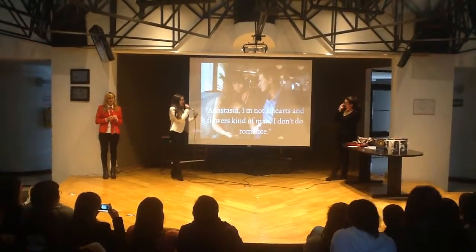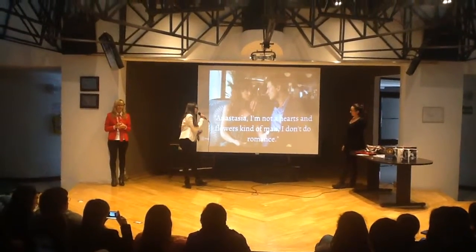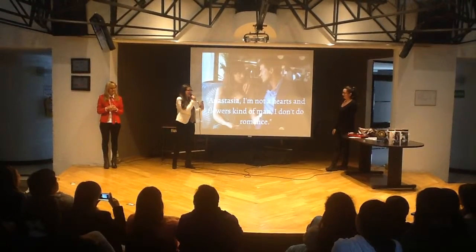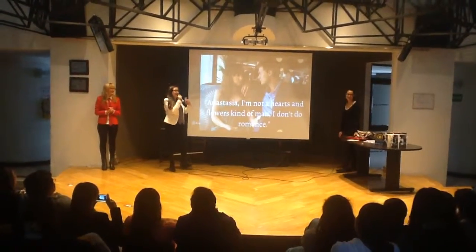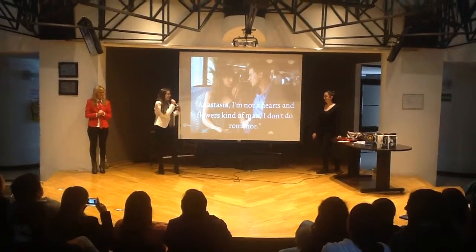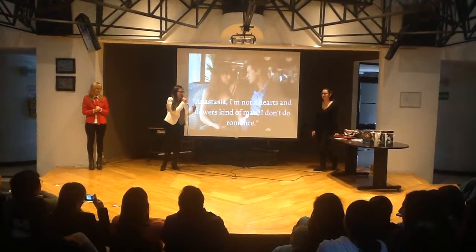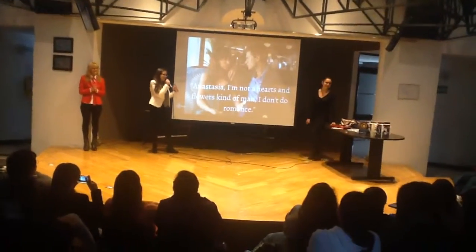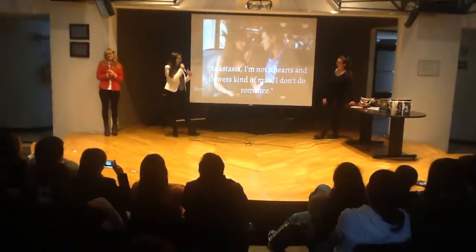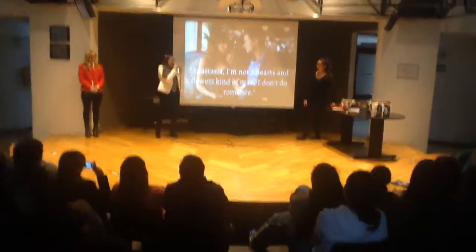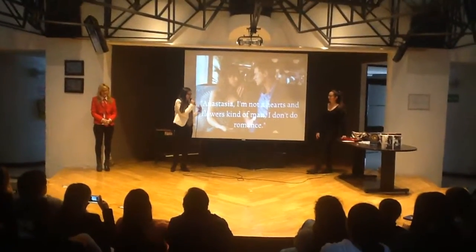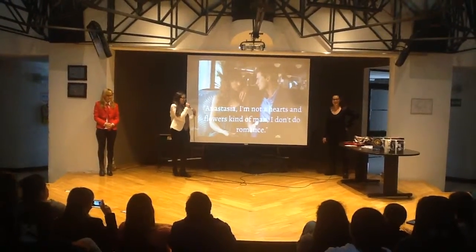So here he starts to explain, Anastasia, I'm not a hearts and flowers kind of man. I don't do romance, but during the whole trilogy, he shows us the contrary. He fights for her, he cries for her, he suffers for her. I mean, isn't that love? Yeah, if you're not hearts and flowers, then I don't know what hearts and flowers are. He has his special way, of course, sometimes a really weird thing and controversial stuff, but he definitely gives hearts and flowers, come on, flying from Seattle to Vancouver to visit her and see her because he misses her. That's love.